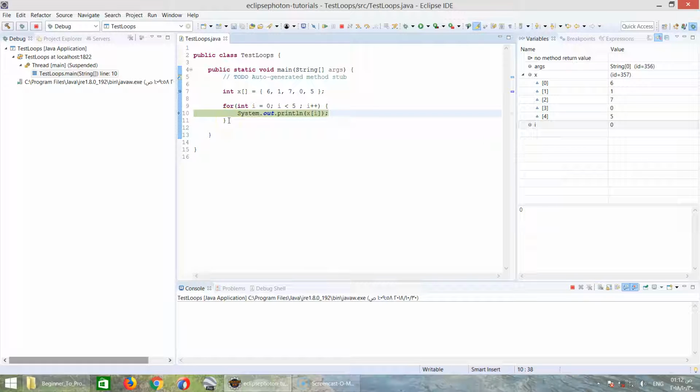Let's step over this line and see. As we see, it prints 6 and returns back again to the beginning of the loop. F6 again. As we see now, i is incremented to 1, and then we enter the loop after evaluating this expression, which is 1 less than 5, true. So we go inside the for loop, then perform this statement which is printing x of 1. Let's press F6, so it printed 1 and returned back again to the loop, the third loop, the fourth loop,